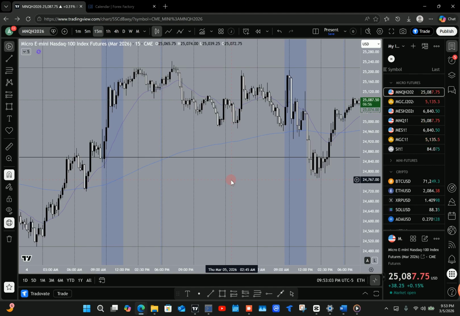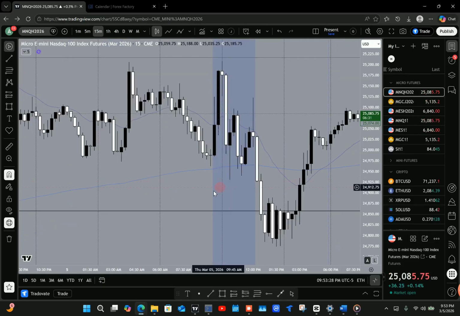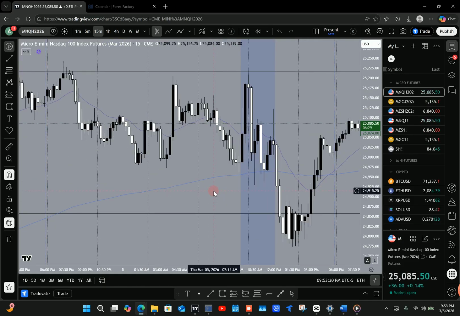The 15-minute time frame is my structure time frame. It's where I want to see how price is reacting from certain key levels. Are we ranging? Are we trending? Do we have a supply? Do we have a fair value gap? Or do we have a swing point? Those are my three main key levels. There are a million key levels that you could possibly have. My main three are swing highs,